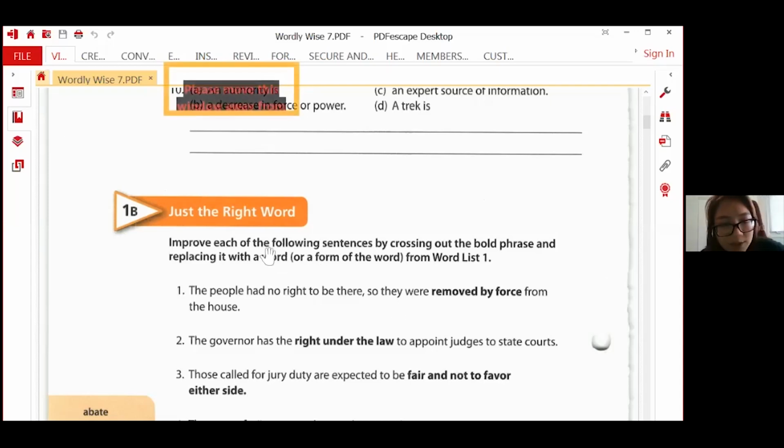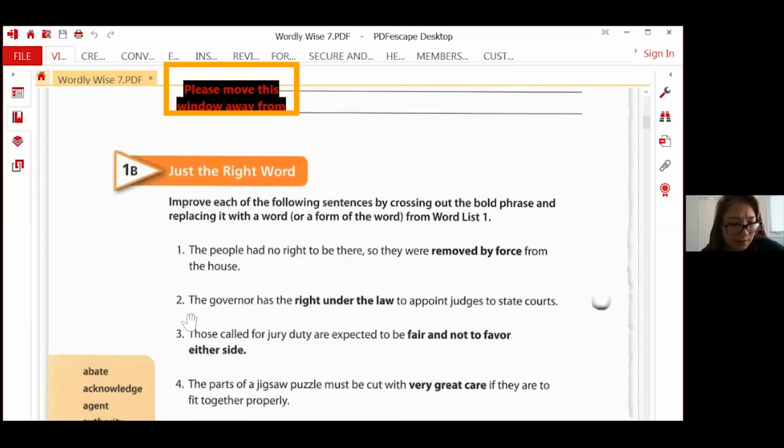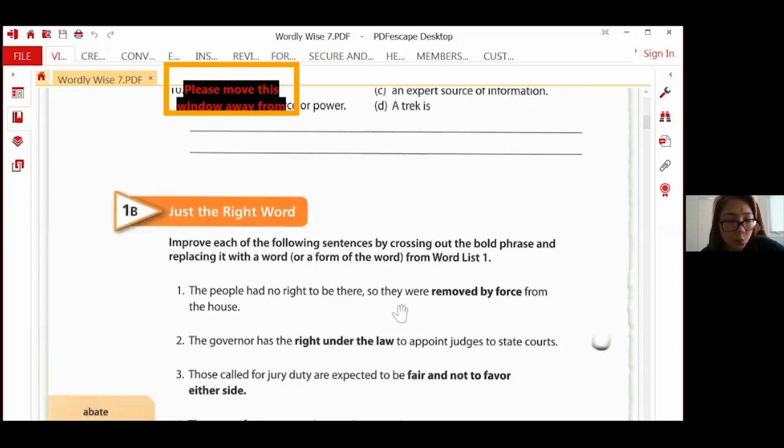Okay, so the people had no right to be here. They were removed by force. So there are exactly, I think, 15 words, and exactly 1 sentence for each of these words. Okay, so